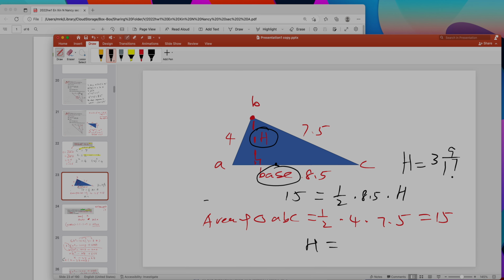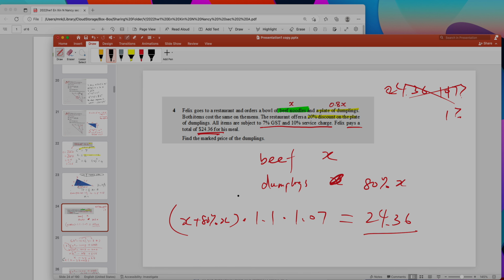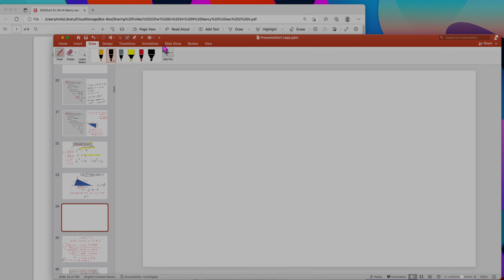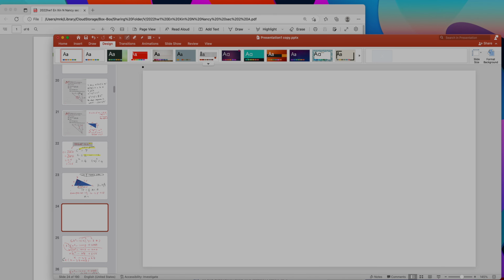Yes, so okay, what is this method called? This method is called the use of common area. Yes. Okay, so this concept is not some genius method. You just make use of